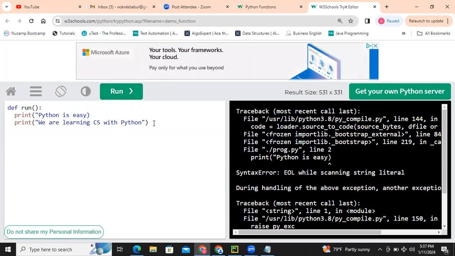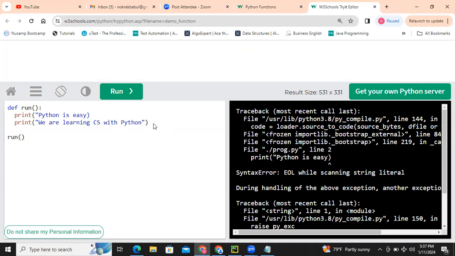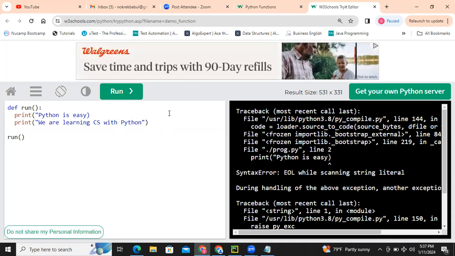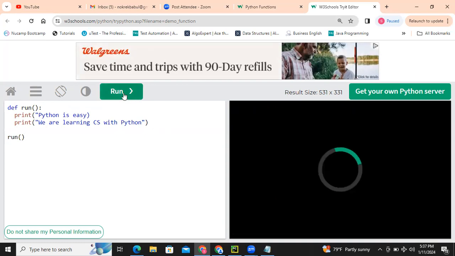If you want to make it run or execute, then you have to go outside of the block of the function. Then you have to call it by name. The name of the function is run. Okay. Then you can run it.